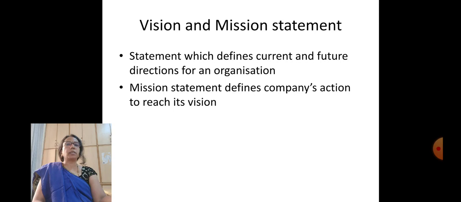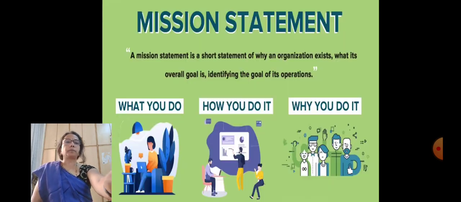Goals are general statements of what needs to be accomplished to implement a strategy. And objectives provide specific milestones with a specific timeline for achieving a goal. I'll take it further and explain in detail later. But coming back to vision and mission.